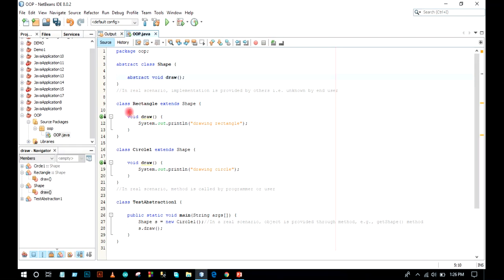So first, abstract void draw function, and there is a class rectangle. Class rectangle accesses the abstract draw of the shape class. In the shape class, there is a void draw function, and there is a System.out.println drawing rectangle. This is the output,